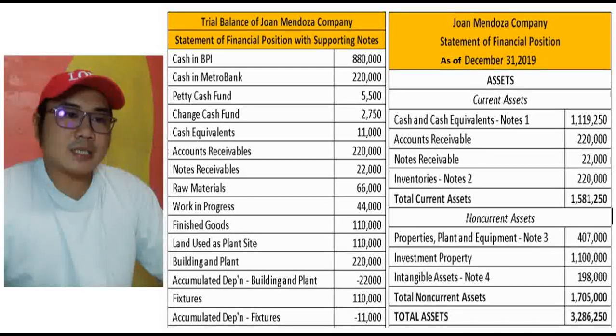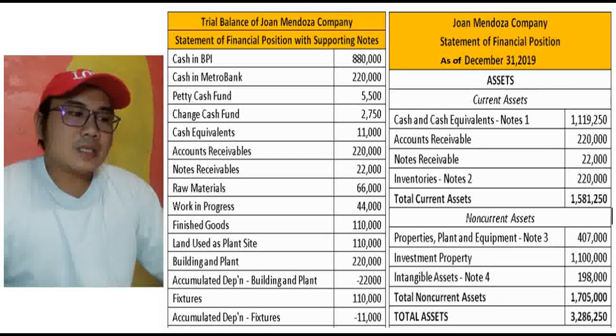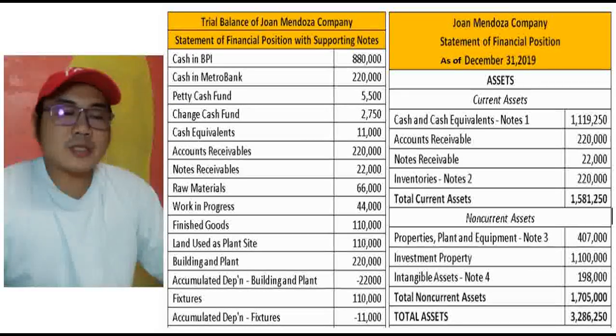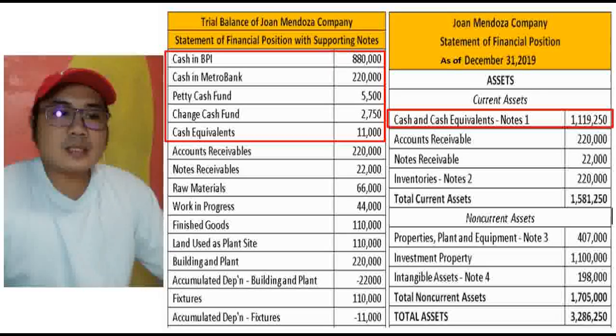The first part is the asset, current and non-current. Note that the arrangement of the accounts is according to its liquidity. Since cash is the most liquid account, this is the first account on our statement, and so on and so forth. For cash and cash equivalents, from Notes 1, it's